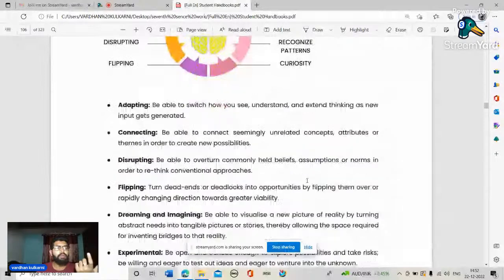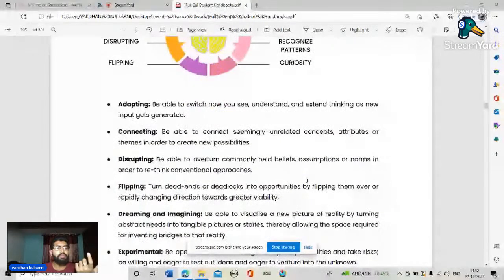You are very curious, you explore possibilities and outcomes, take risks, and are willing to test new types of ideas, eager to venture. If the situation is unknown, then